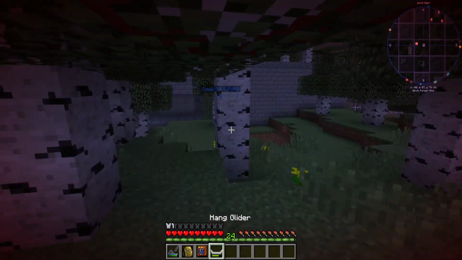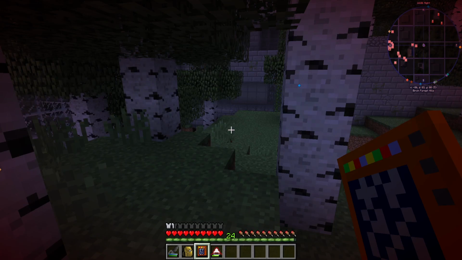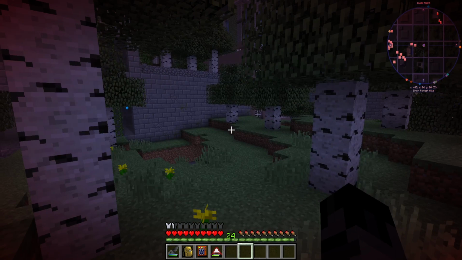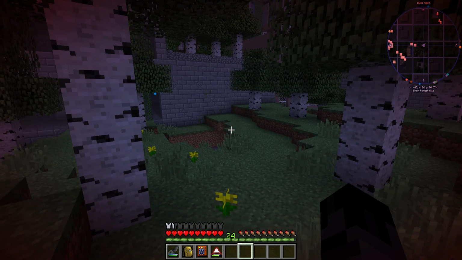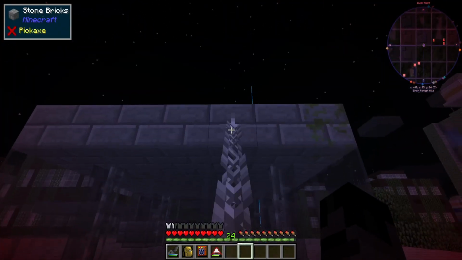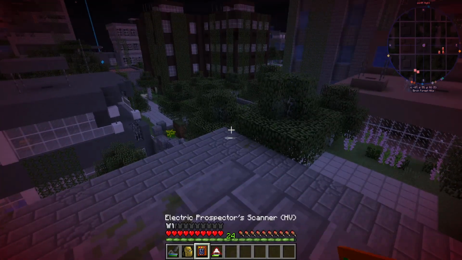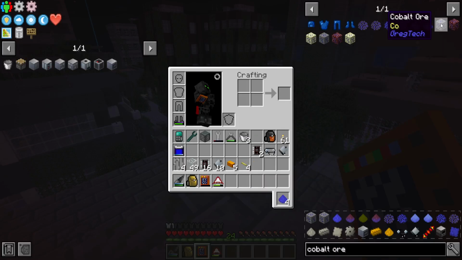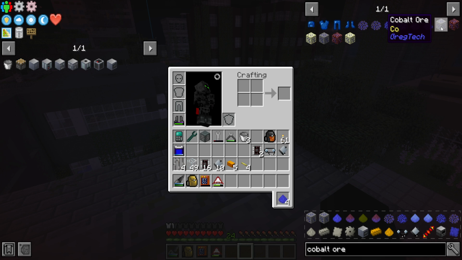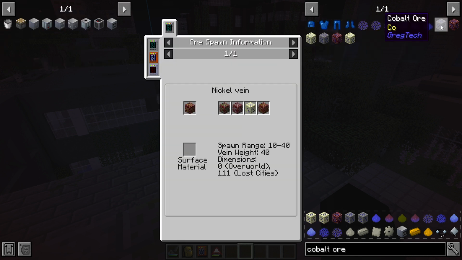Oh, forgot. Forgot switching to this while flying would not work too well. Still just cobaltite. What? Where is the cobalt? It says we can find it in... Wait, now I can't click this? What? Click? Hello? I can click this one. I can't...